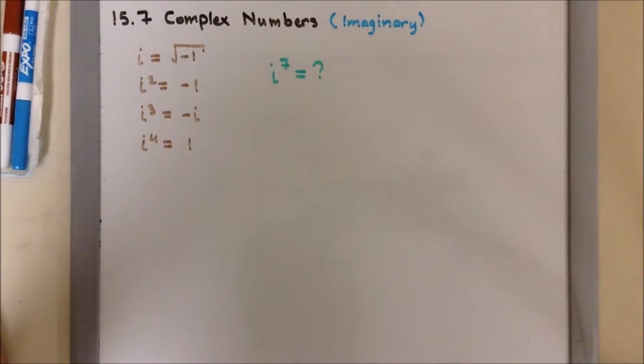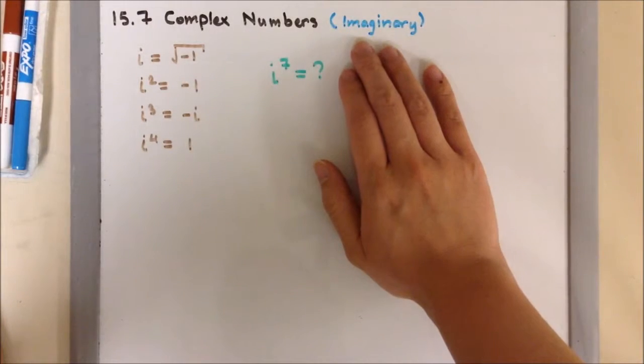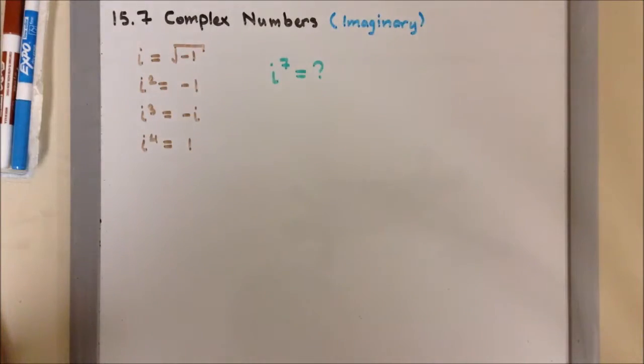Welcome to section 15.7, complex numbers, also known as imaginary numbers. So, in the previous chapter, I talked about how we can only find square roots of positive numbers, and the reason is that when you find square roots of positive numbers, you get a real solution. Now, when it comes to working with square roots of negative numbers, those are called imaginary numbers because they're not